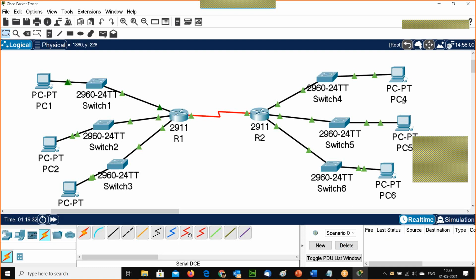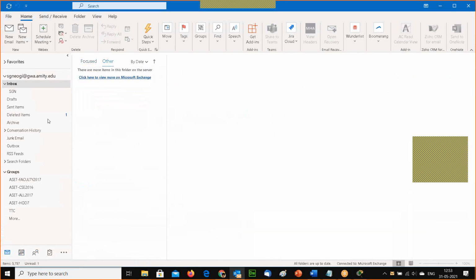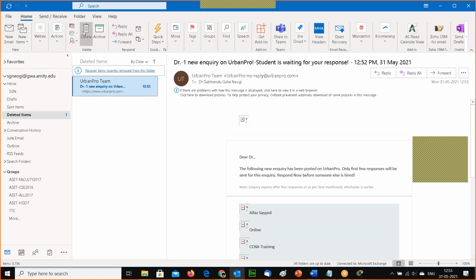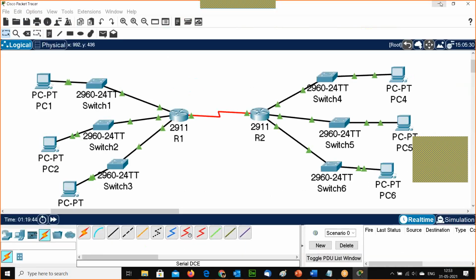Now you can see it is configured, and we have configured the OSPF core area. This core area routing we have configured.